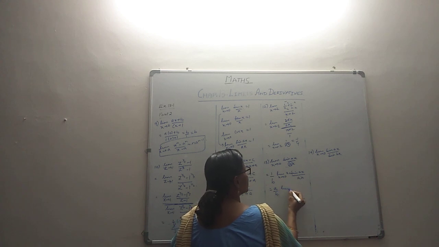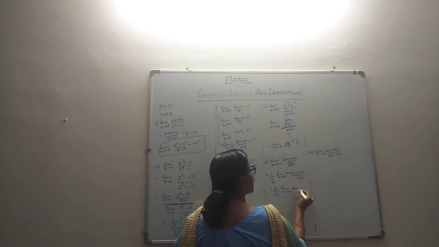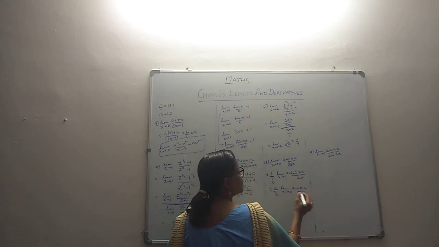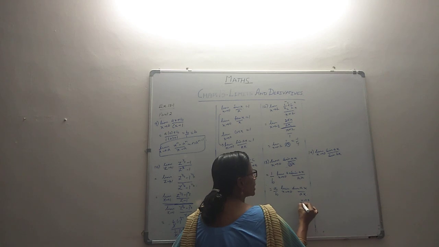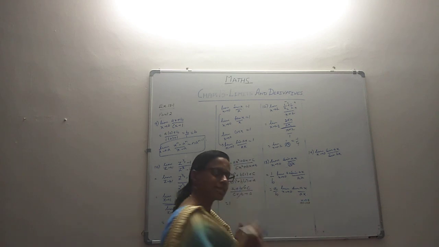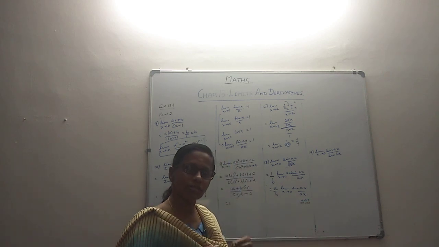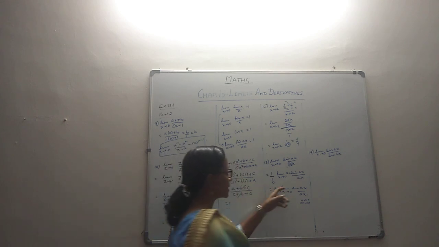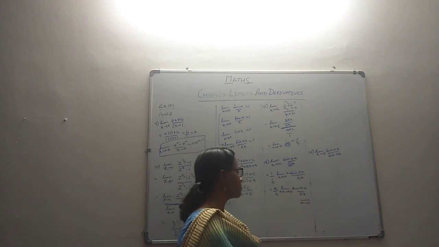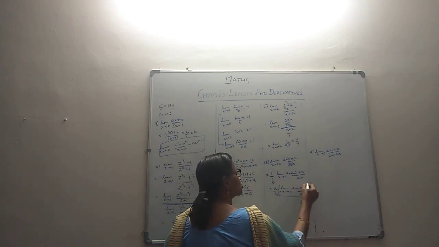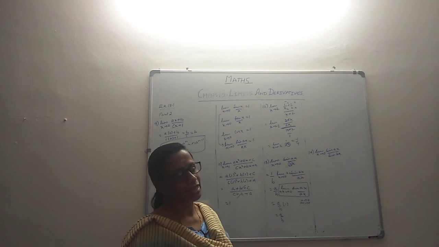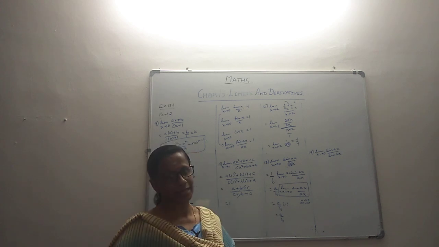So what are we left with? Limit as x tends to 0 sin ax by ax, which is our desired form. See, whenever x tends to 0, automatically ax will also tend to 0. Why? Because x itself is 0, so when you multiply something with 0, it is going to become 0. So you have to write it that way: limit as ax tends to 0 sin ax by ax, by the formula, is going to be 1. So it is a by b into 1. Answer is a by b. So you get the final answer as a by b.